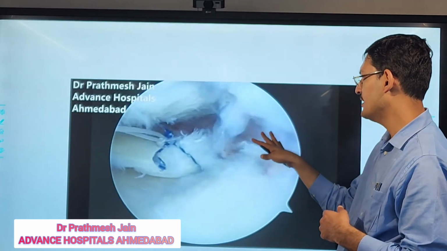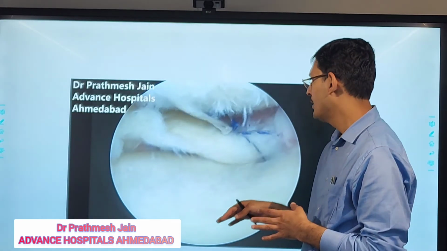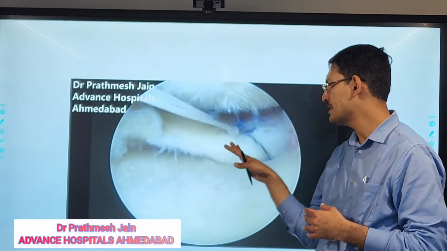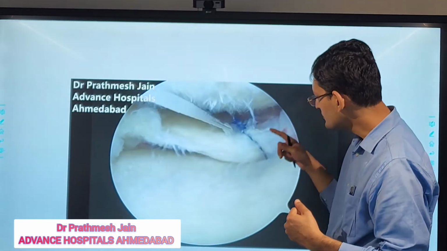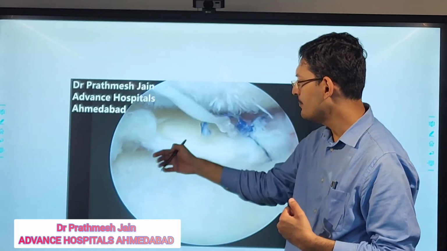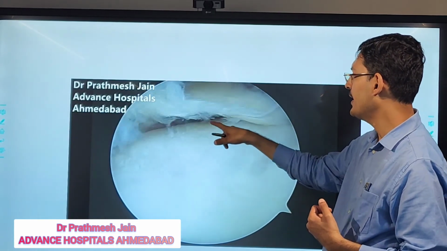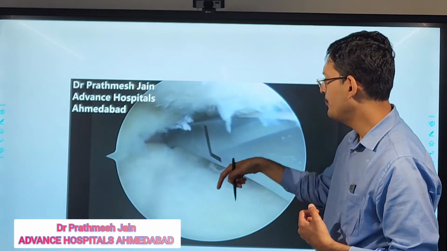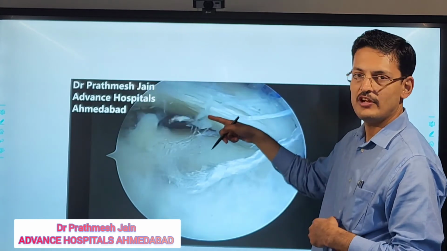So this is the final construct, and we will cut the threads after that. Very nicely done. We have put 3 sutures. Everything has been done in a very nice place. But as I told you, this was a relatively extended indication. We went further because there was some extrusion on the posterior medial side as well. So again we put one root fix anchor on the posterior medial aspect as well. So this is again the root fix anchor we have passed.